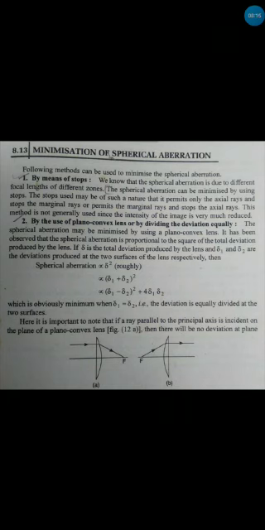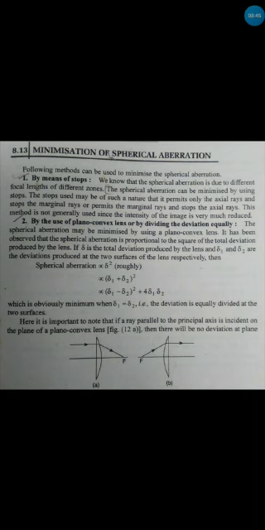So if you put a stop while passing through the marginal rays, then the marginal image disappears. If you put a stop at the paraxial rays, then the paraxial image simply disappears. Therefore, in this case we get only one image, but the image intensity is not that clear. So this is the first method.